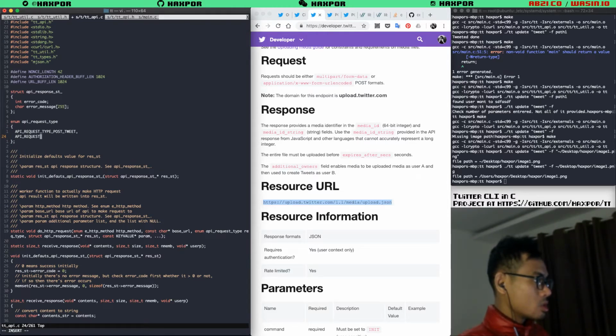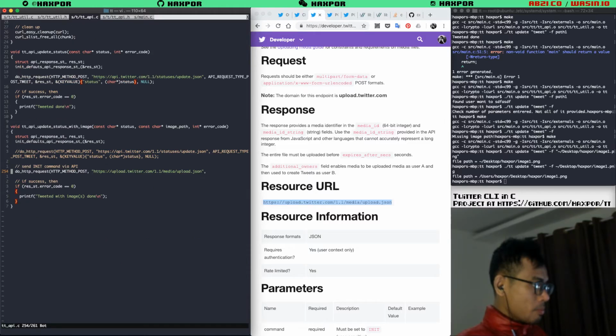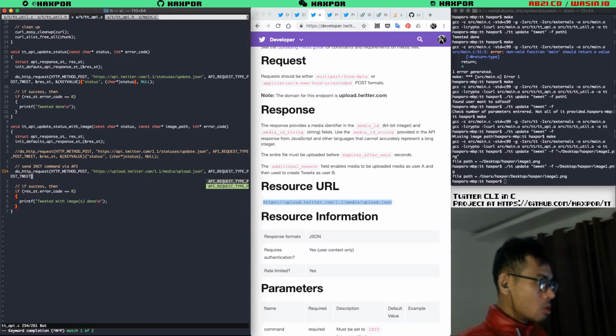API request type post, suite with image. Export to read image, yeah. And we also send in